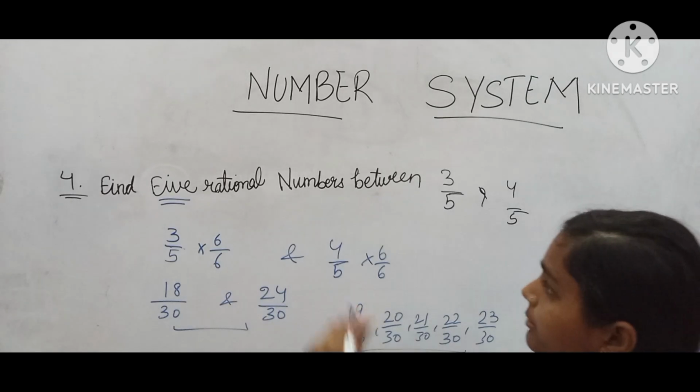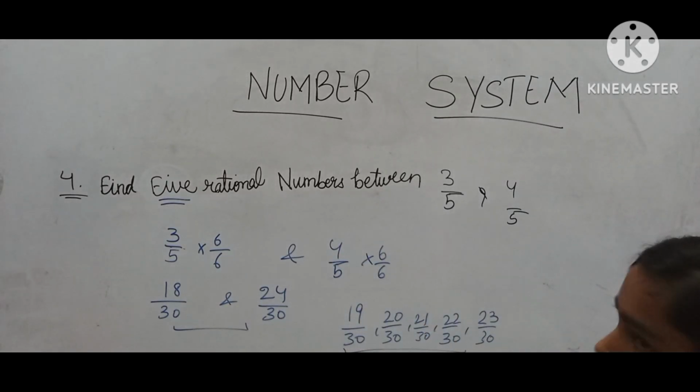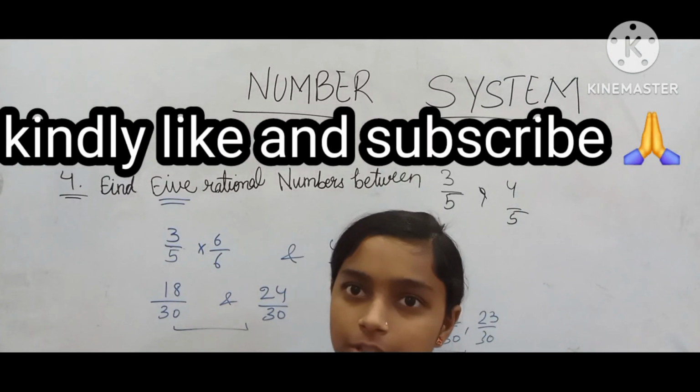These are 5 rational numbers between 3 by 5 and 4 by 5. So here we have solved our questions. Let's move